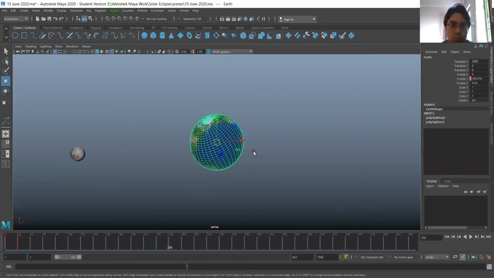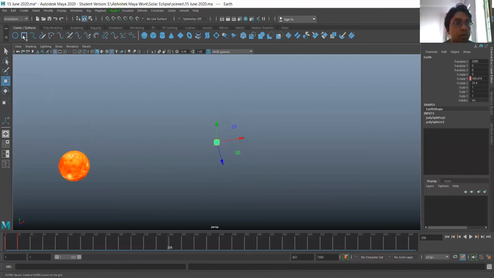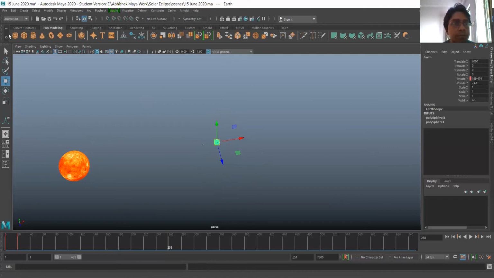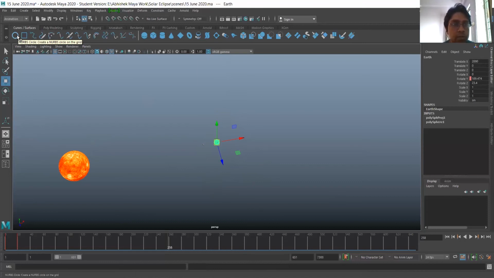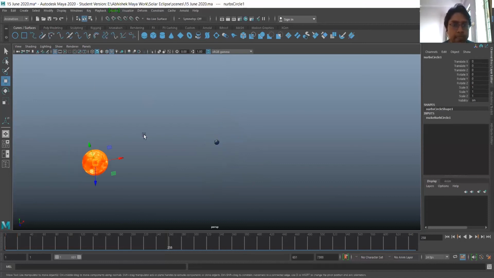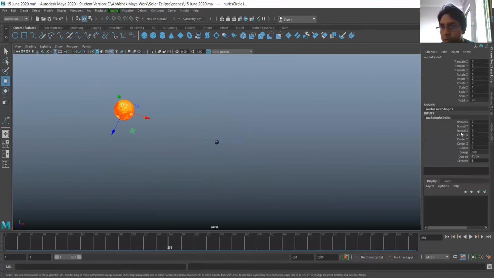Once this is done, now we have to create Earth's orbit. Go to curves, even in poly modeling, go to curves. In the curves, you have the first option of NURBS circle. Click on NURBS circle and give the values in inputs. Radius will be 2000 and sections will be 32 to make it smoother.